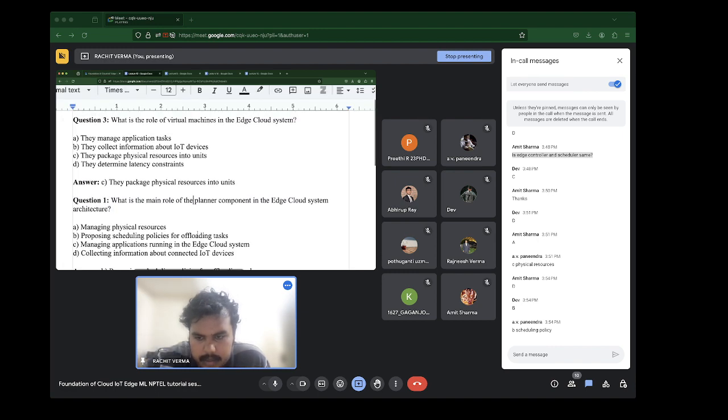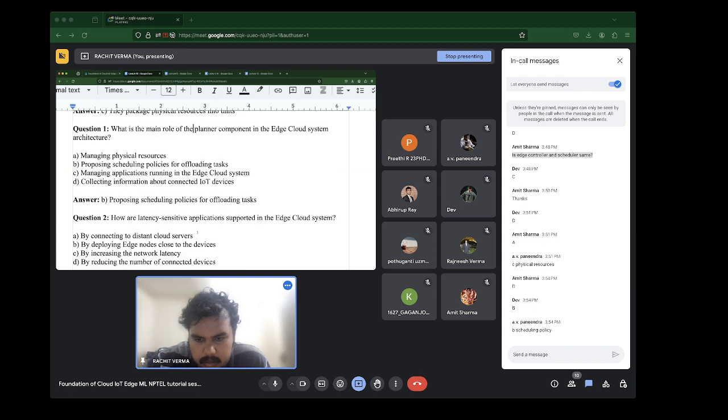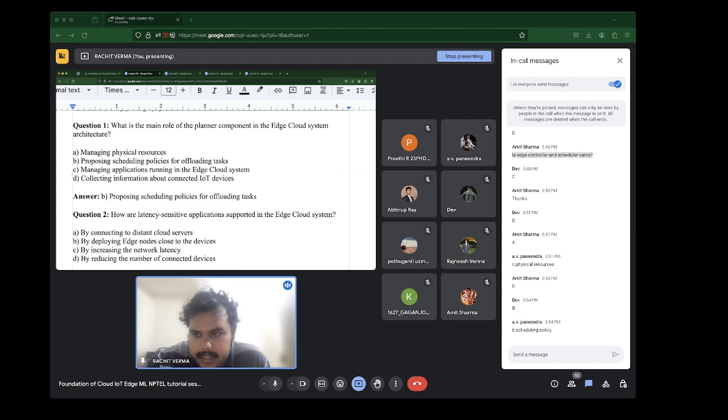Okay. So how are latency sensitive applications supported in the edge cloud system?